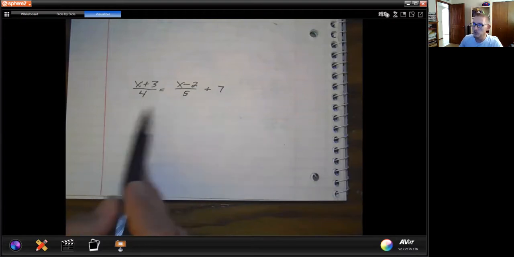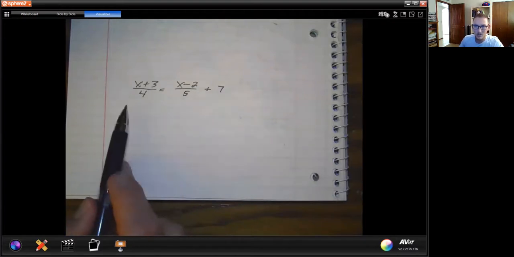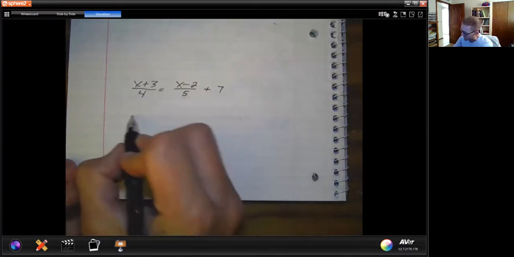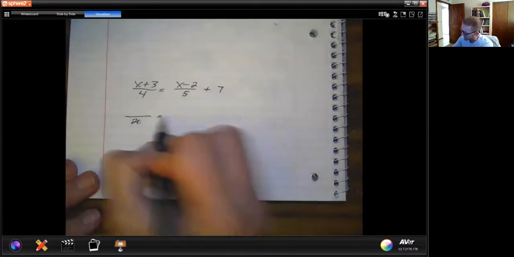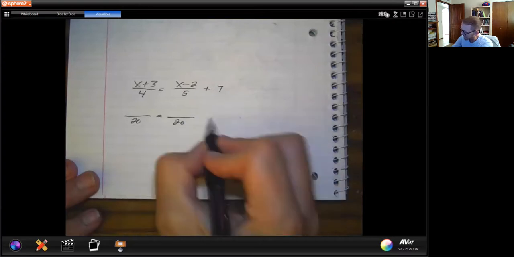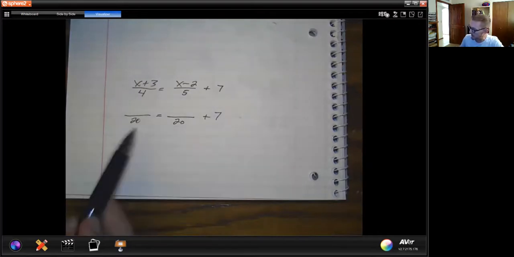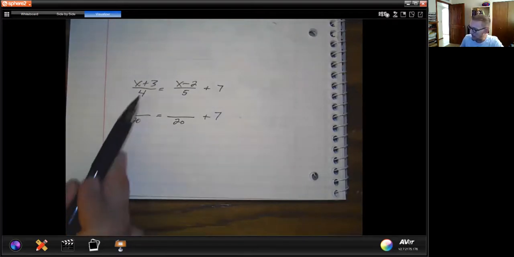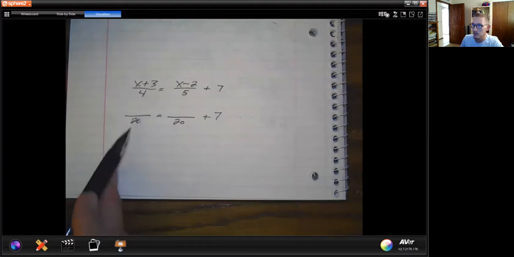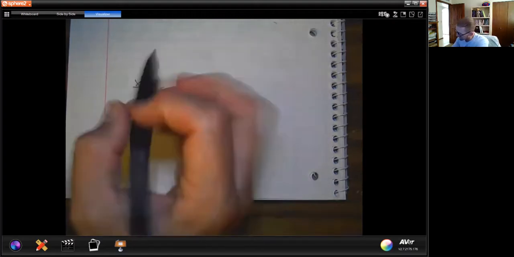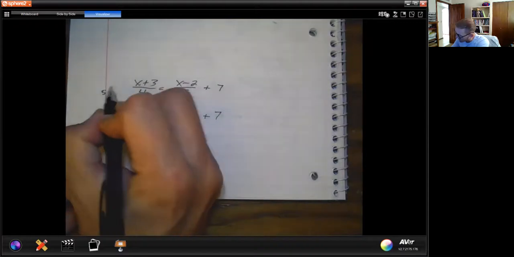Now, if I was to do that here, and I'm going to go ahead and show you this step because this is really important for solving these, I'm going to get my common denominator of 20. And then I'll have the plus 7 out here at the end. And I'm going to multiply everything to get rid of the 20. The reason why I wanted to show you this is because when I changed this denominator to 20, I got that by multiplying 4 times 5. Well, when I have x plus 3 on the top, and I multiply it by 5,